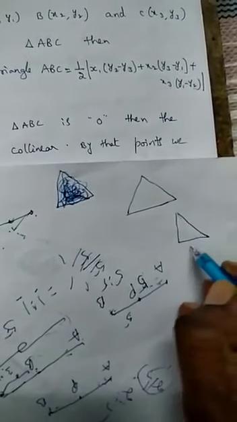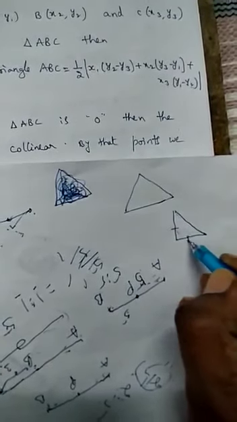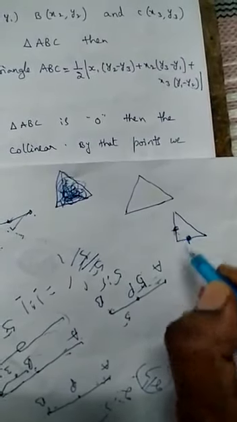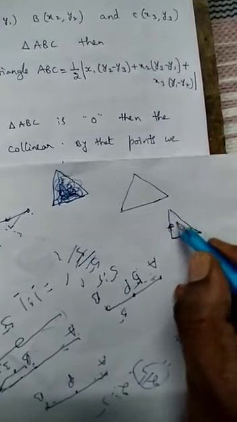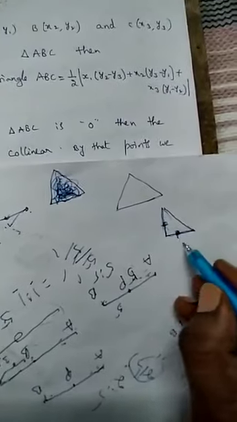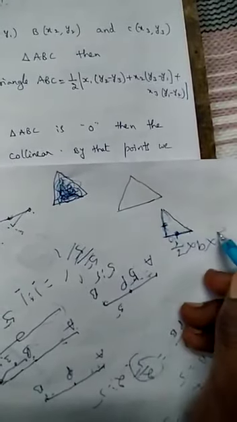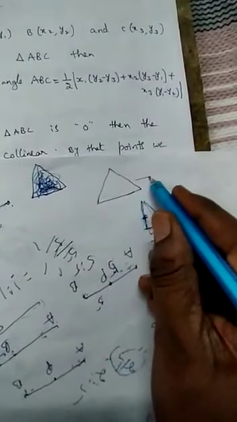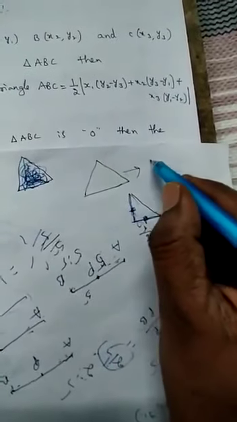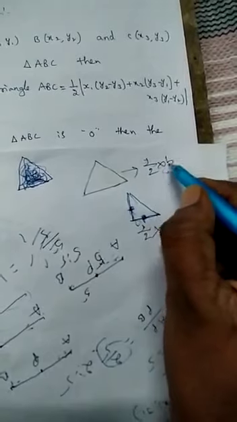It is a right angle triangle. In that right angle triangle, these are to be called altitudes. Okay, this and this are the altitudes. If one is considered as the base, then automatically the other is considered as the height. To find its area, we can apply the formula half into base into height. Clear? So if it is a triangle, what formula can we apply to find its area? Half into base into height.